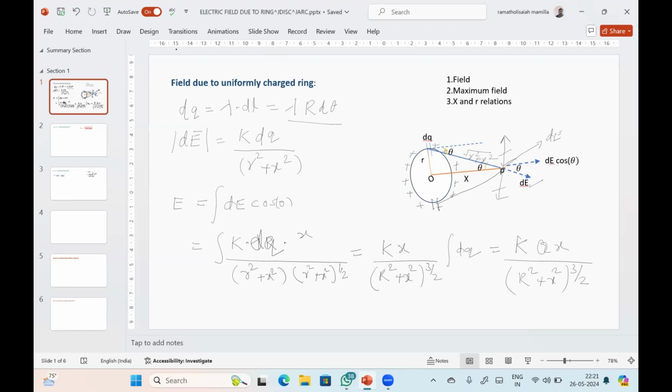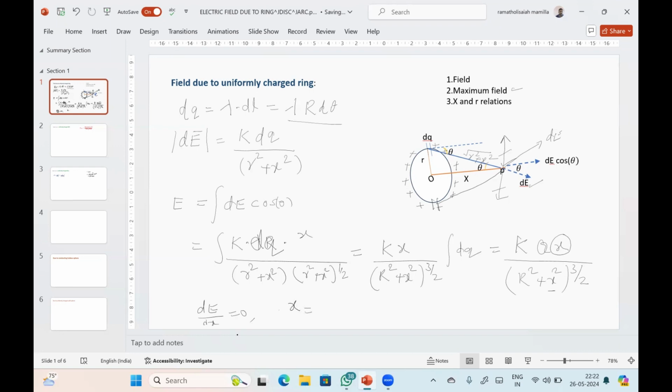So when will this field be maximum? The field due to this ring depends on the distance x from the center to the point. So dE by dx equals 0 at what value of x, then the field is said to be maximum. To find the maximum value of the field, which is varying with respect to x, make dE by dx equal to 0, and you will get the maximum field value. Here there is x in the numerator, and in the denominator also x is there. So you apply the u by v method, then after applying it to dE by dx,